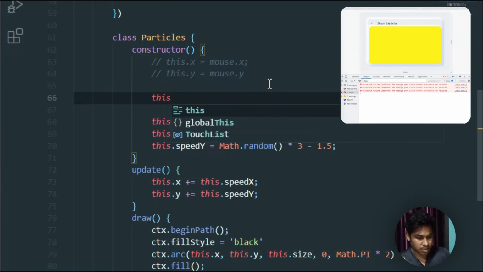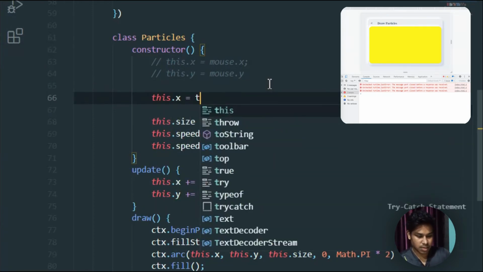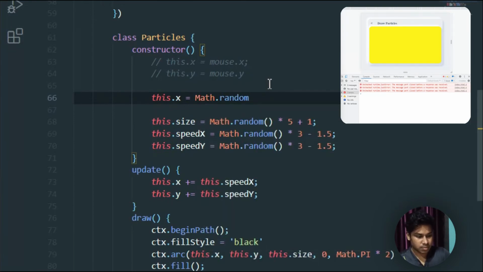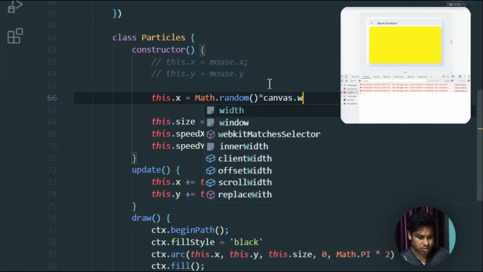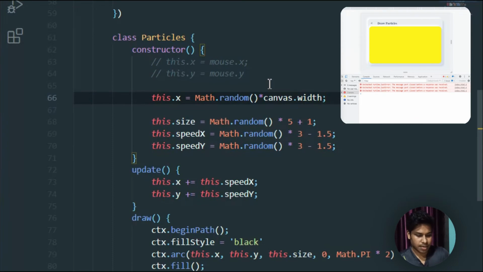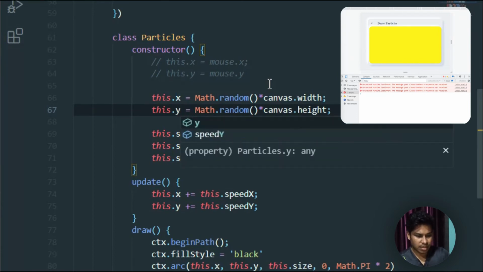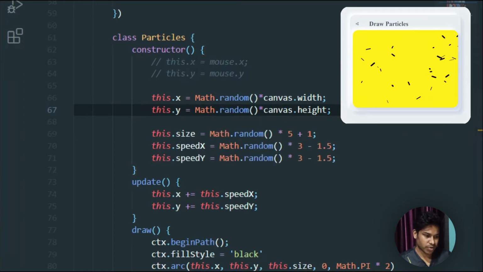So I'll say this.x, and I'll use Math.random. I want to generate these particles randomly all over my canvas. So first I have to define the x coordinate. I'll say canvas.width, and let me replicate this, and here I will say height, and change this to the y coordinate. The moment I save, you will see that the particles will start moving all around my canvas. As you can see, the particles are moving,